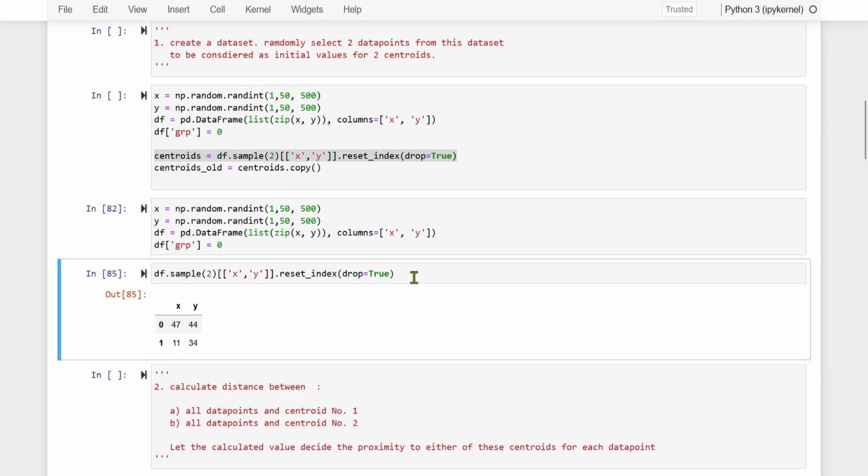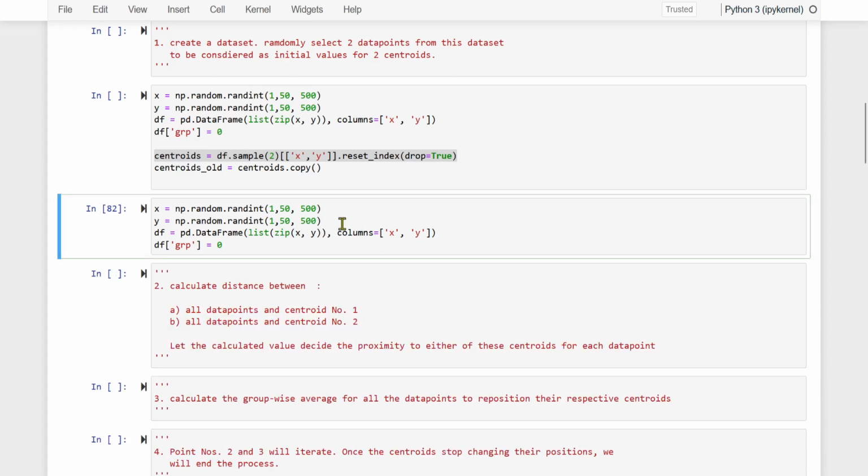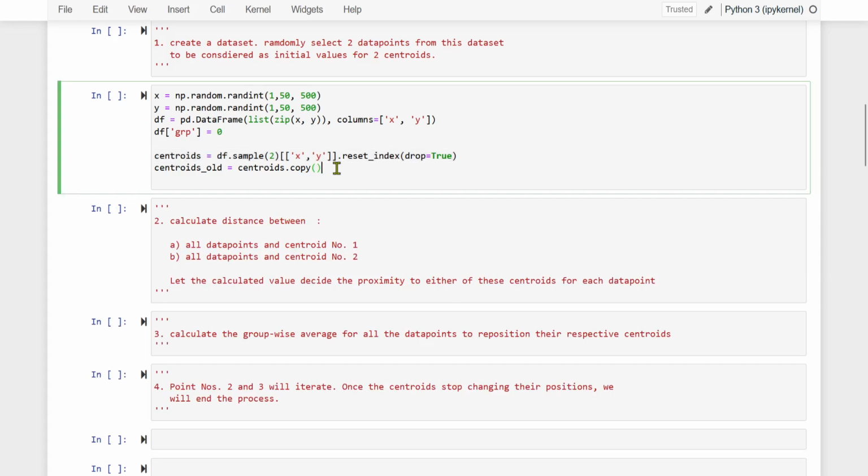So what we will do, let us remove this. This is anyway happening here, right? This is anyway happening here. And